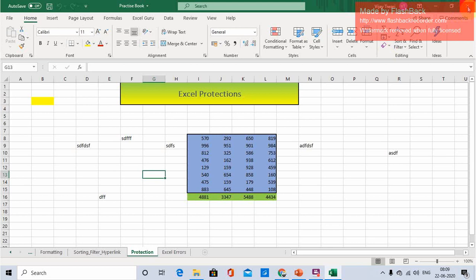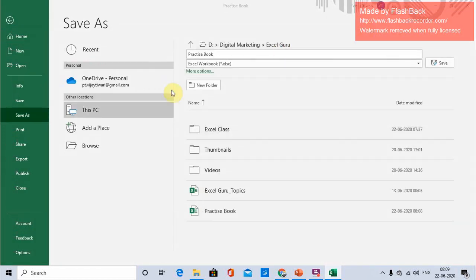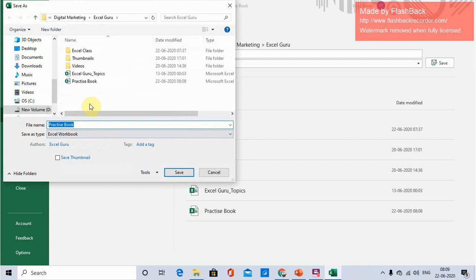Then what you will do is click on save as. If I'm saving it with some other name, then go to tools. Here in tools you will get general options. Click on general options.